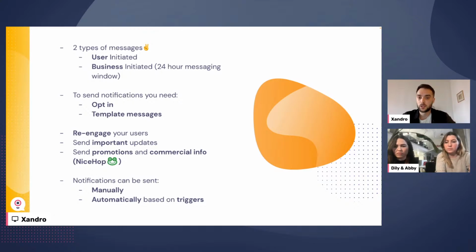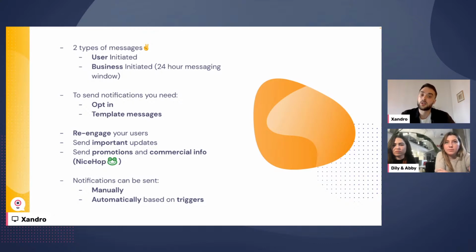So with that said, now let's get into a couple of powerful notification examples. To re-engage your users, an example of something I've been working on with one of our clients this week is actually for customer support. There's a lot of support teams that are only available from Monday to Friday. With all the rules that WhatsApp has, imagine somebody who writes to you on Saturday.